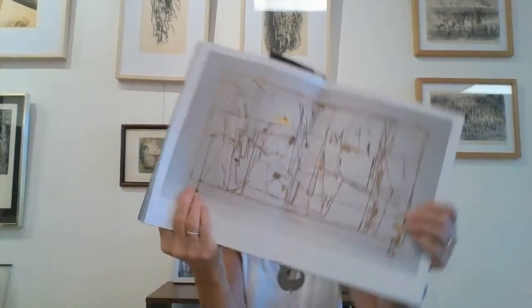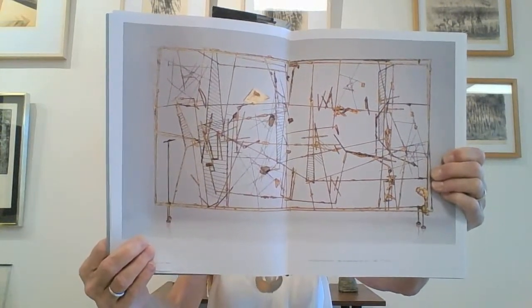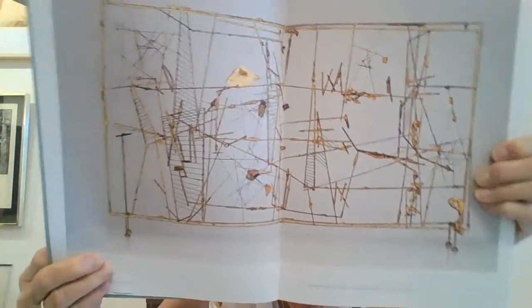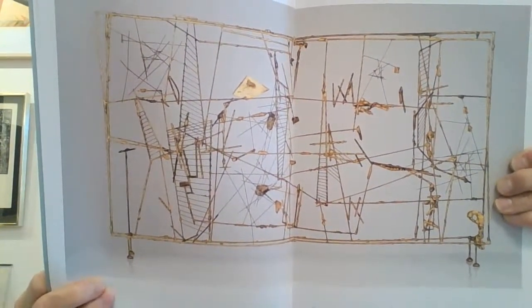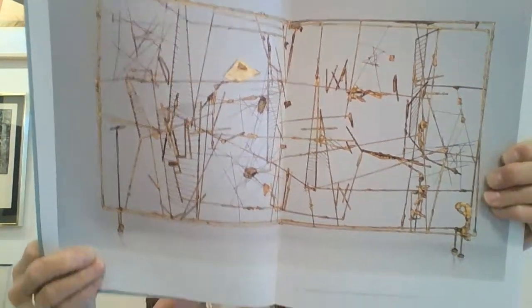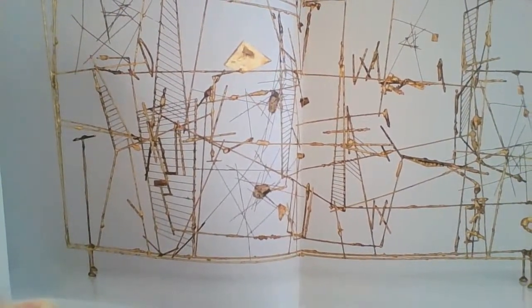We'll show you this piece so you know what she's talking about here. Now, this is just a magnificent piece. Okay, and I've got another story about this one. You can see all the little ladders and little critters in every direction. There's even a couple of rocks in there. I don't know if you can see those pebbles, but very playful. So she's talking about this piece, and she says,